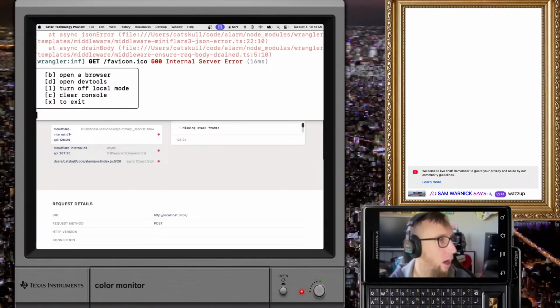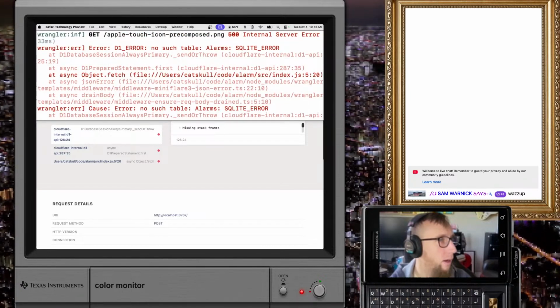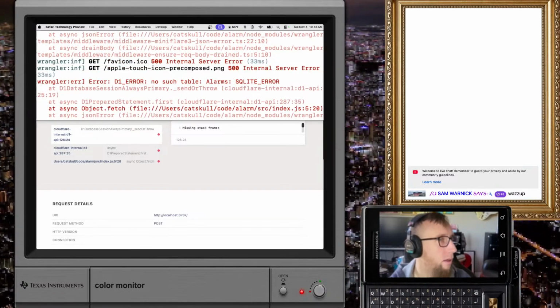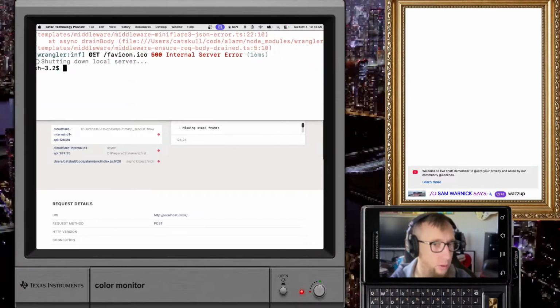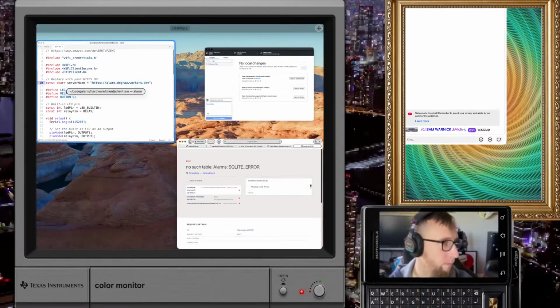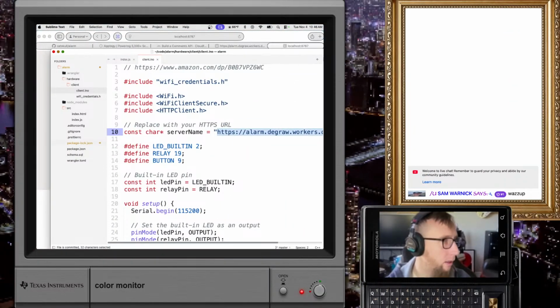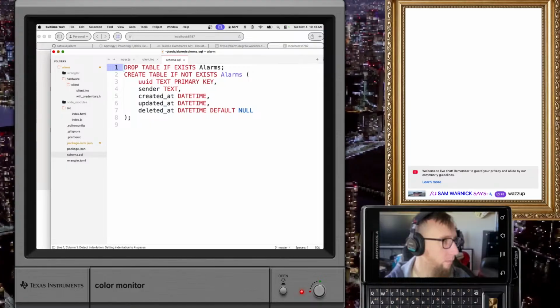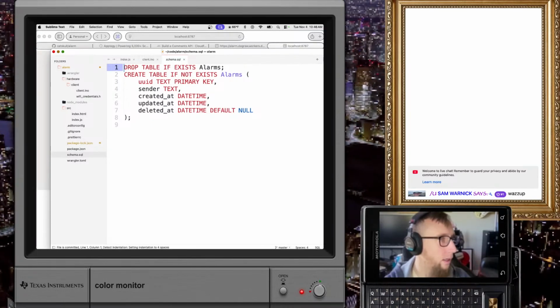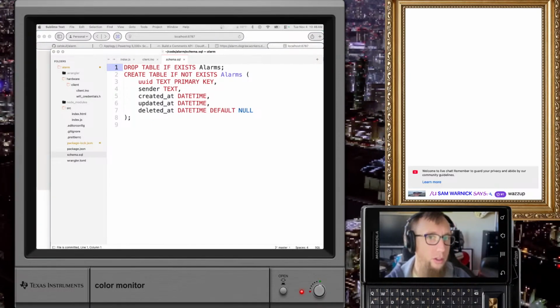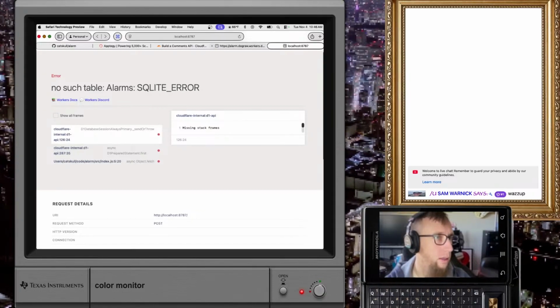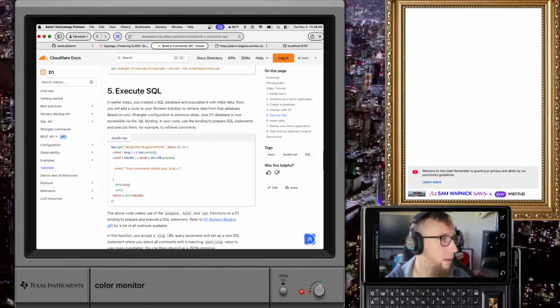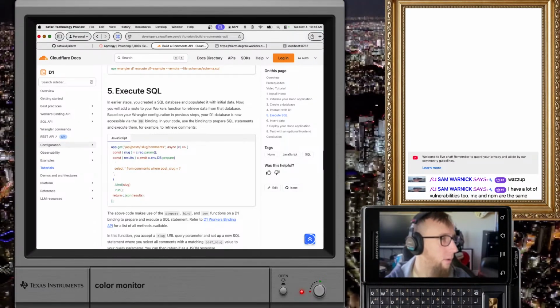Open a browser. Internal server error. What happened? There's no database. How do I do that? How do I execute? How do I?